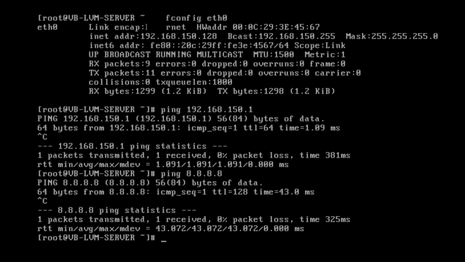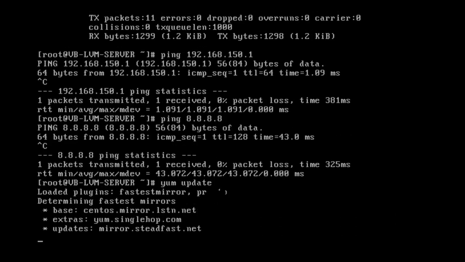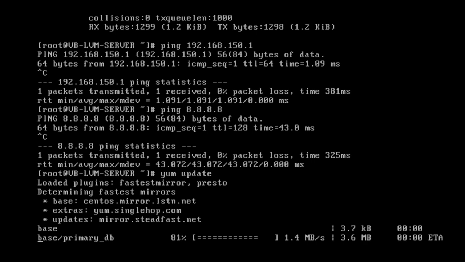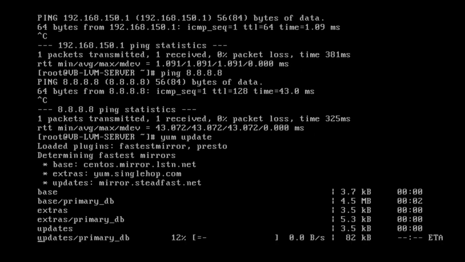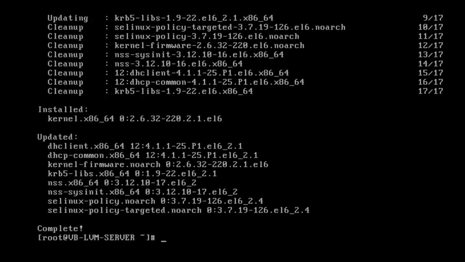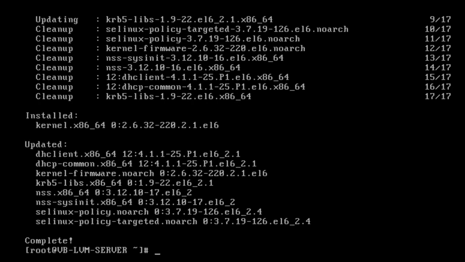Okay, we're good. So let's go ahead and begin the update process again. Alright, we can see it's doing its thing here, so we'll give this a few moments. Alright, so now we can see the update is complete. Now that the system's updated though, we can go ahead and install those additional tools and the DKMS that we